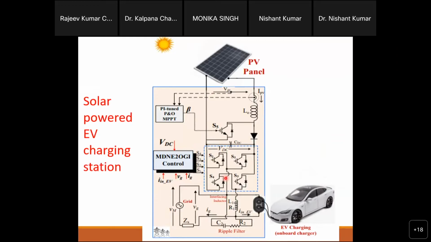The majority of commercial chargers and commercial vehicles will attach to the grid mostly in the night time. If those are going to connect at night, at the same time our solar power plant is also ready to handle those harmonics, or we can say generate our local harmonic requirement. So this way we can use this circuit.